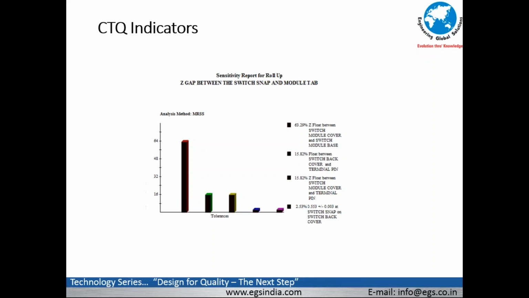As you can see in this slide, over 63% of the problem could come from one particular dimension on the drawing. In this particular case, it happens to be a float. So in other words, the clearance between two parts, or the fit that has been given between two parts, influences the gap, as can be seen in this particular example with over 63% contribution. So if we are able to regulate this clearance and keep it within 3 to 6 sigma levels, as is required by the yield, we can achieve consistent quality.